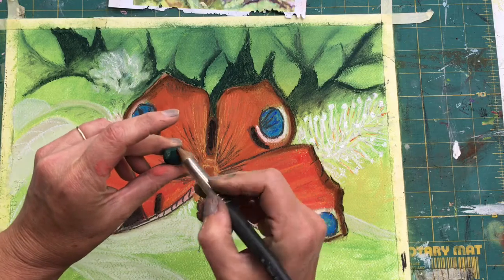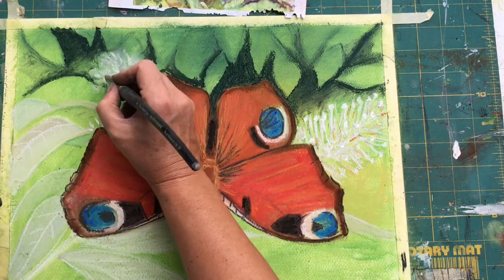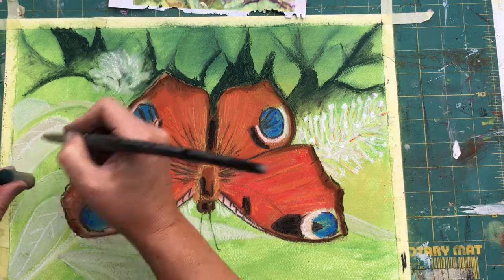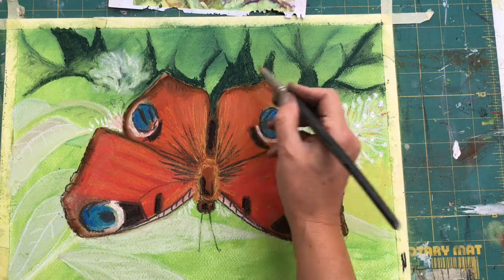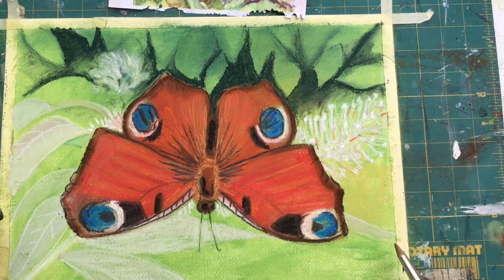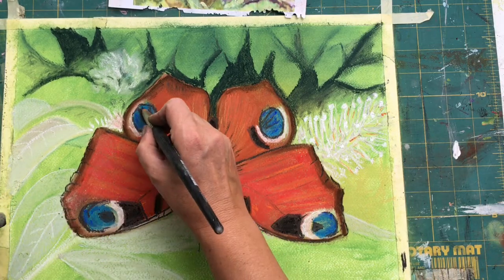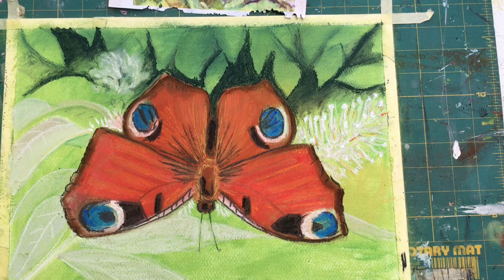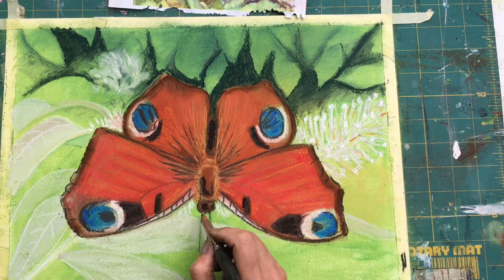You can see I'm just picking it up onto my blending tool now, where I know that I need some marks, and I'm just using that to define little bits and bobs in there. Okay, now then, what else? Okay, let's see if we can draw these antennae on a bit stronger. So I'm just using the pastel, I'm just taking it off with